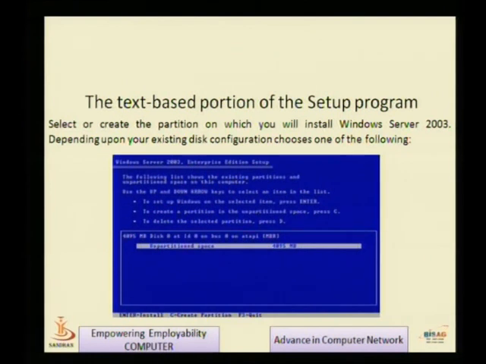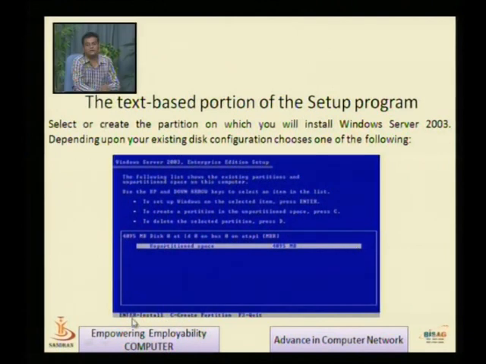After pressing F8, the next screen is the partitioning of the hard disk, because we have the entire hard disk available. Now that entire hard disk we need to partition, one for the operating system, one for users, one for backup or software. So here the screen is giving information about all the free space. Here we need to create a new partition by pressing C. I am rotating my mouse. Look at the screen here, and after this we can create a new partition for our operating system, and later on we can install it.